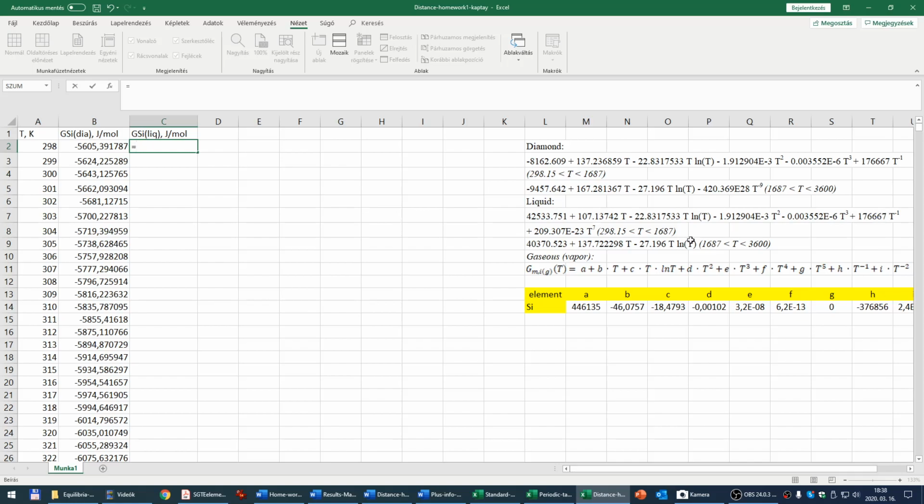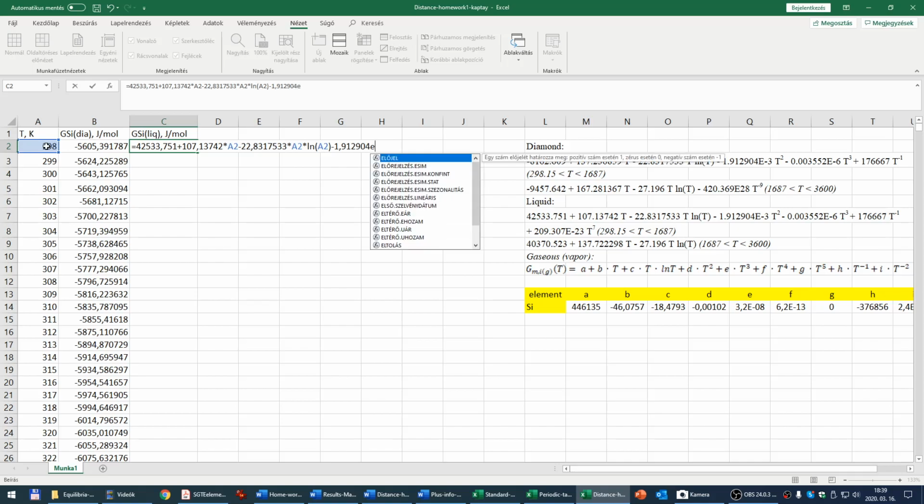So now we are going to use this function. So this 42,533,751 plus 107,137.42 times temperature minus 22,831.7533 times temperature times ln temperature minus 1.912904 times 10 to the power minus 3 times T squared, which is T times T,